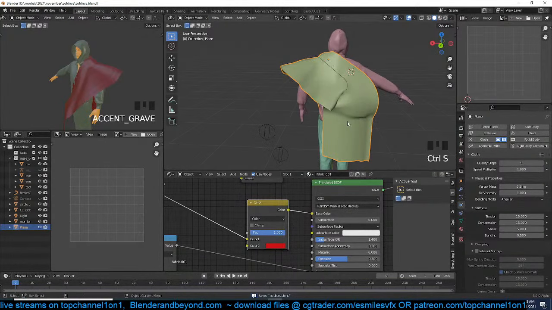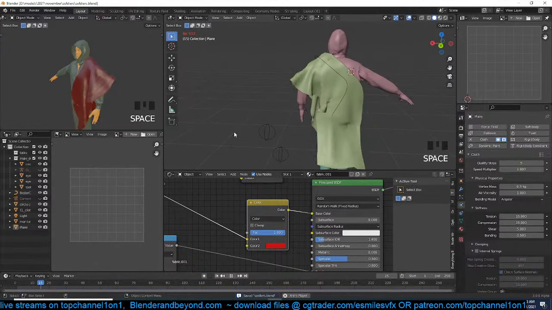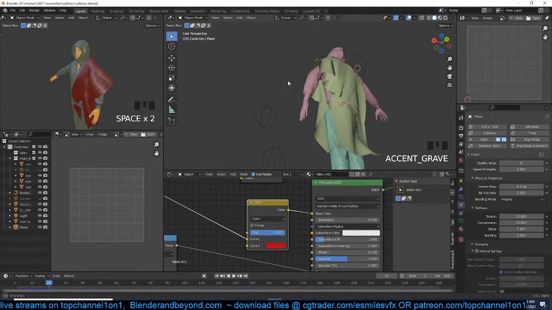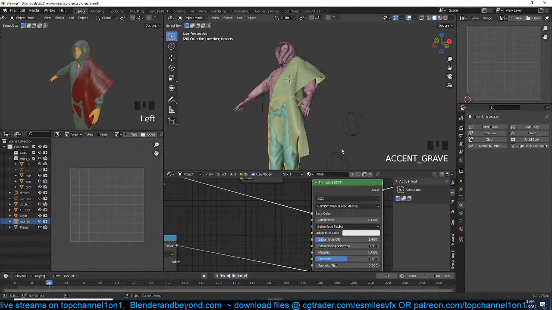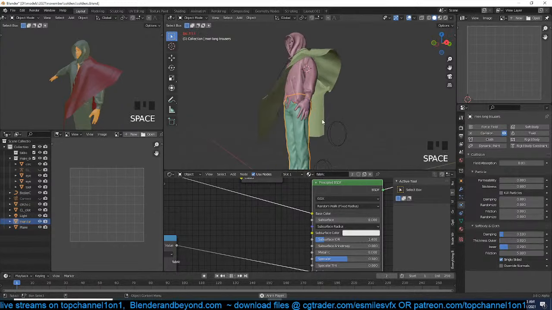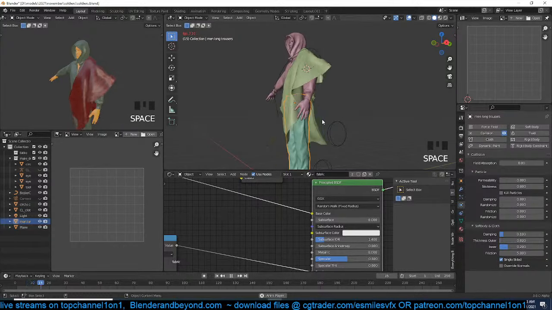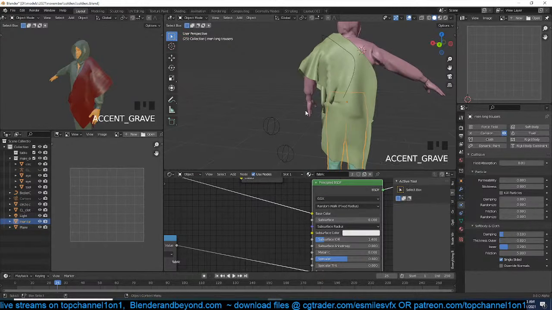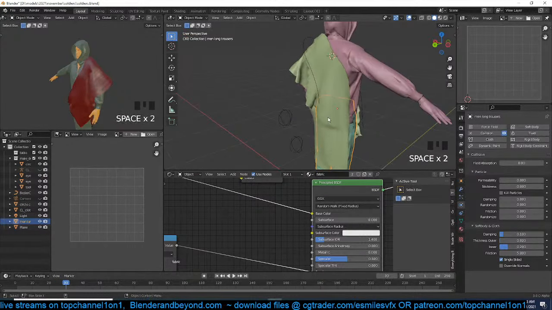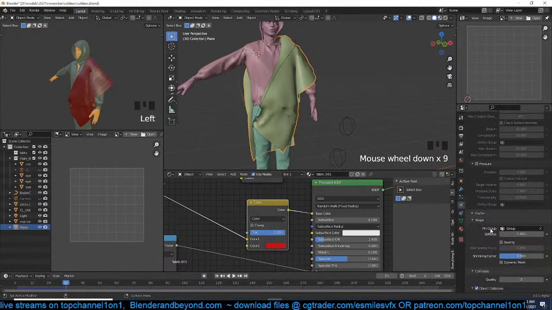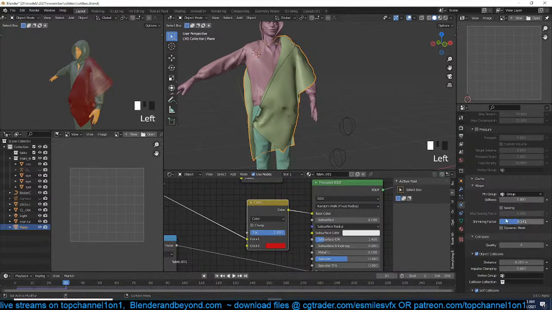a lot of problems there. Simulate again, and yeah, I think the trouser also has to be a collision object. And what the other thing I could do is come back to the cloth object and play with the shrink